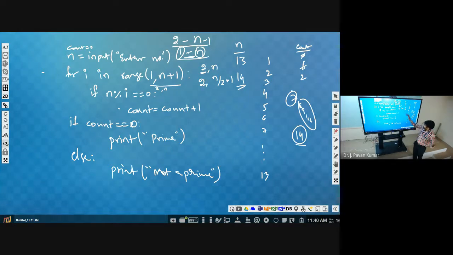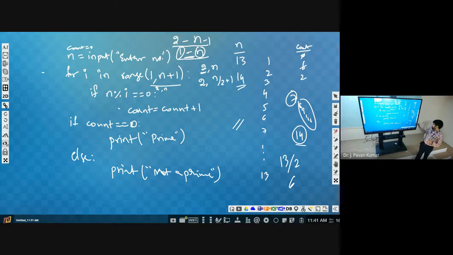If n is odd, then also it will stop at n by 2. Suppose you consider 13 by 2, it gives 6.5. In order to handle that, there is one operator called double slash.